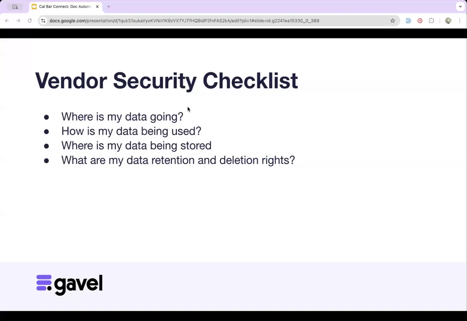OpenAI, which is the main one that we use, although we benchmark, which means we test different tools to make sure that we're using the one that performs the best. So vocabulary word for you guys there, benchmarking AI tools. So we benchmark against these other tools, but the tools that OpenAI has have varied levels of data use, but our partnerships prevent the LLMs from retaining or using your data